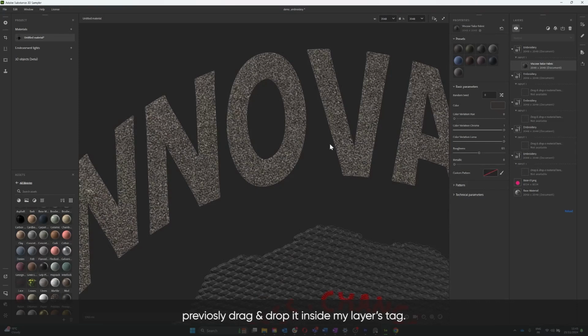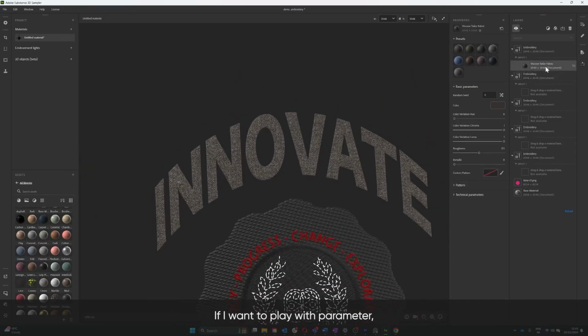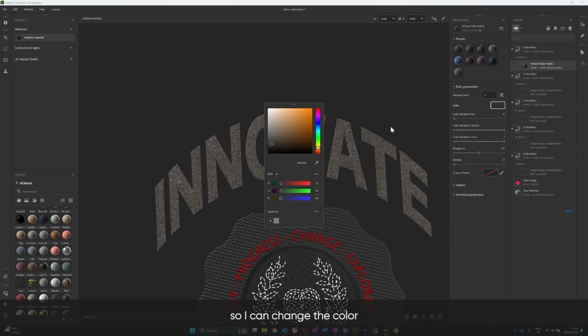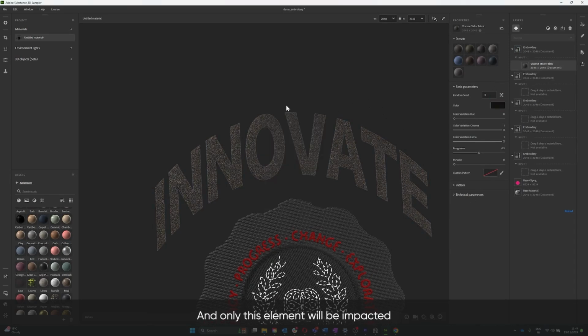inside my layer stack. If I want to play with parameters, I just need to click on it, and I see all the properties, the parameters of this material. So I can change the color and the properties of this parameter, and only this element will be impacted by